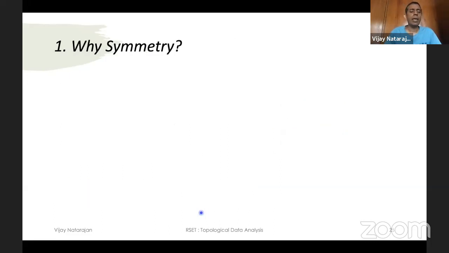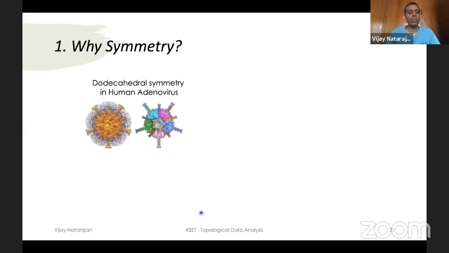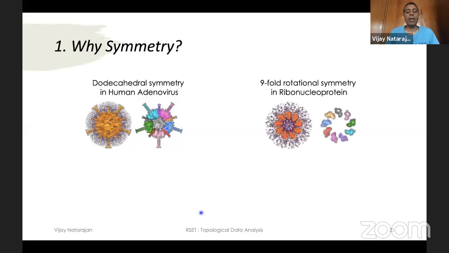Symmetry, we see symmetry every day, right? Right from when we look at the mirror, to when we are looking at bridges or natural and man-made structures, right? So symmetry is in different forms. For example, viruses exhibit a lot of symmetry. The human adenovirus, for example, exhibits this dodecahedral symmetry, right? With all these tentacles actually being copies of each other. So there is symmetry in